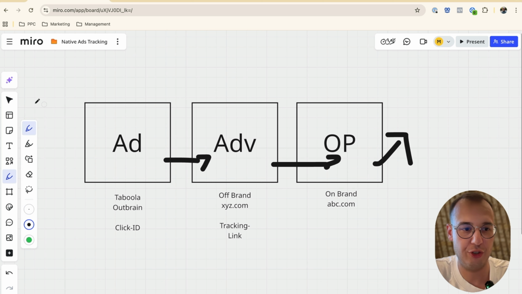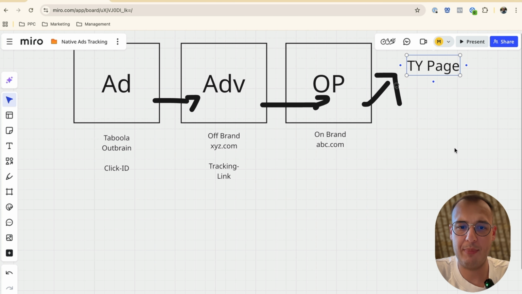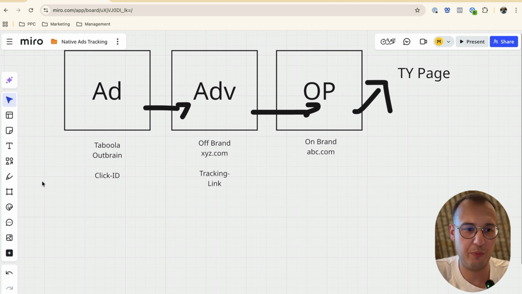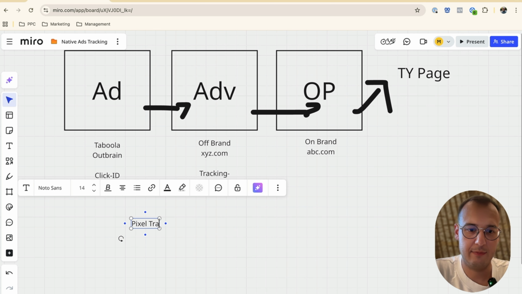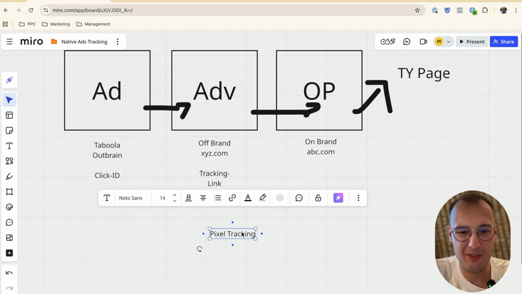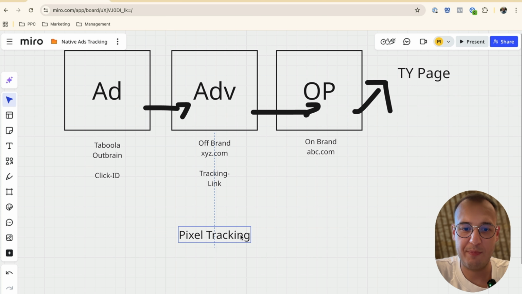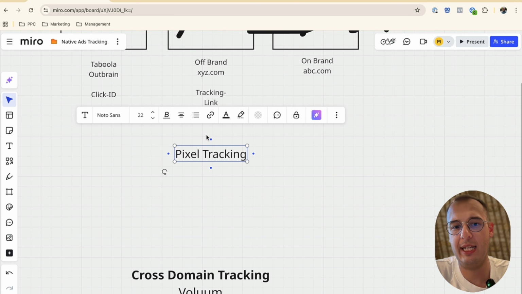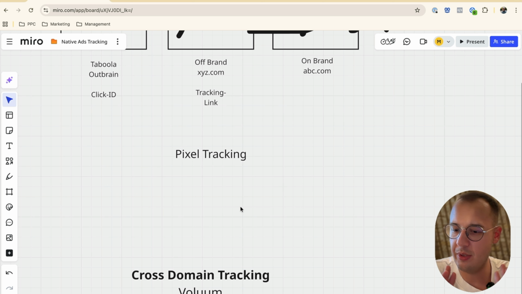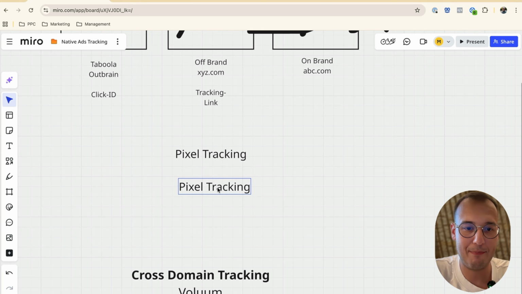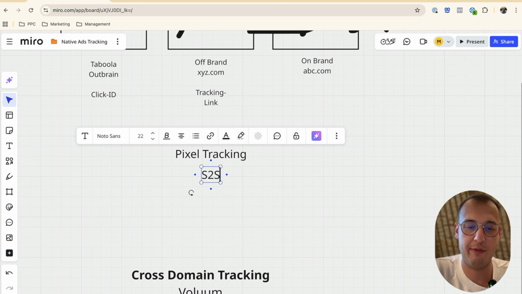And if you do it correctly, you can do it with a pixel setup, but you should not do it with a pixel setup. It's the not really recommended way, because pixel tracking is inaccurate, and especially when it comes to native ads, a lot of people use browser extensions to block ads and everything. They remove the UTMs and whatever, especially nowadays with Apple Private Relay, so it's very hard to track. So I would not recommend pixel tracking, but I recommend server-to-server tracking.